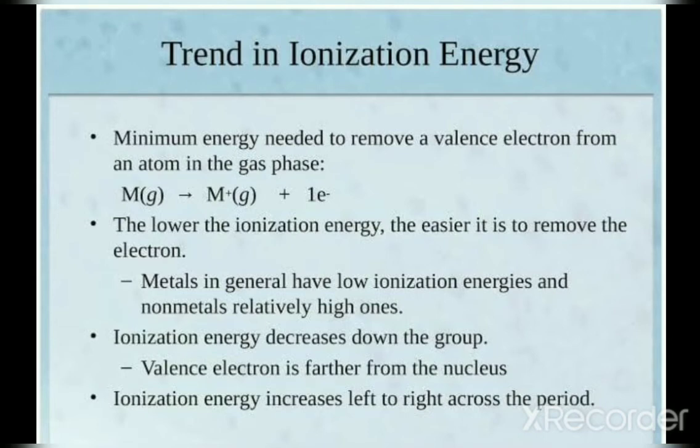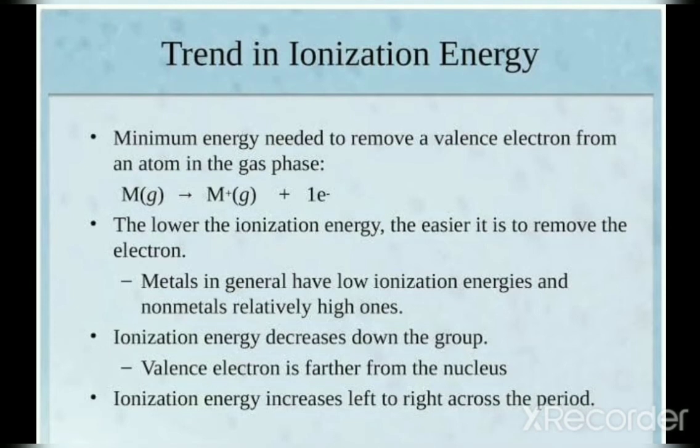Now consider non-metals. You know that non-metals have a tendency to gain electrons to get octet configuration. So in the case of non-metals, it is difficult to remove the electron. It means a more amount of energy will be required to remove an electron from a non-metal atom. If more energy is required to remove it, non-metals will have higher ionization enthalpies. So metals have lower ionization enthalpies and non-metals have higher ionization enthalpies.